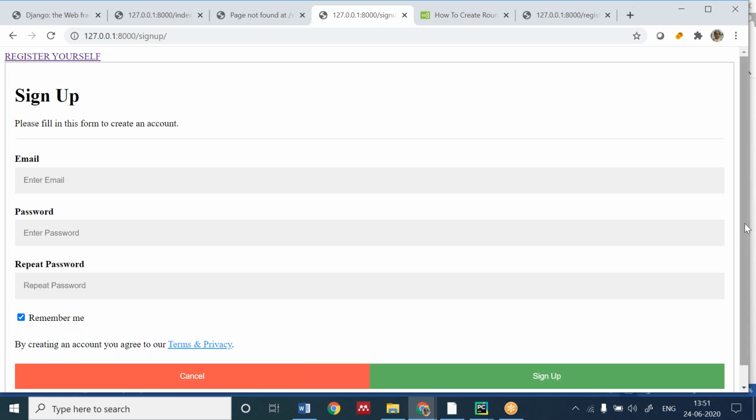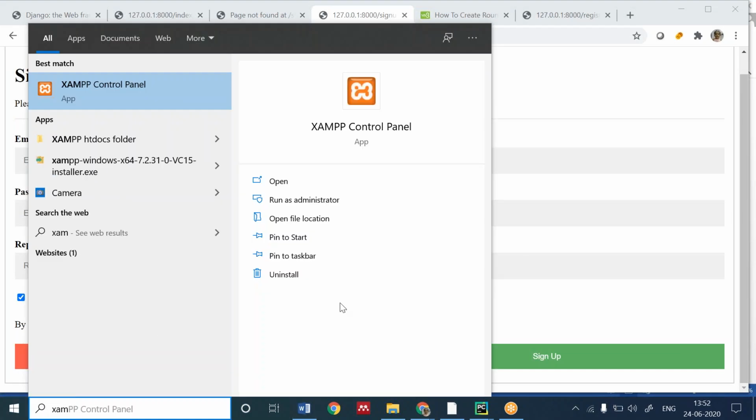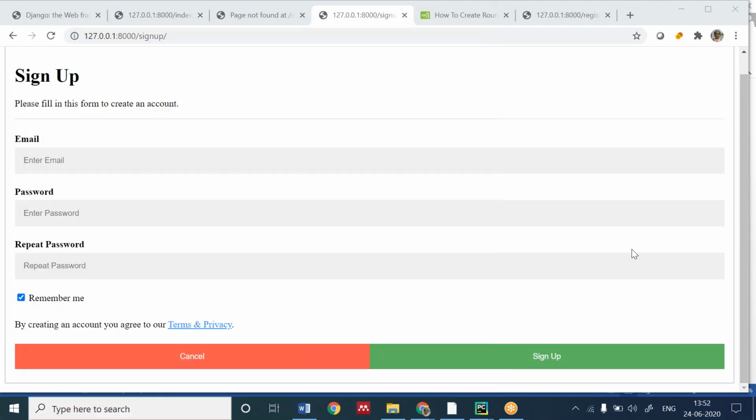You can download XAMPP for Windows. XAMPP for Windows, we will be using the MySQL portion of XAMPP. Okay, Dipanshu, thank you. You should have PyCharm ready with you. Your pages should be ready with you.